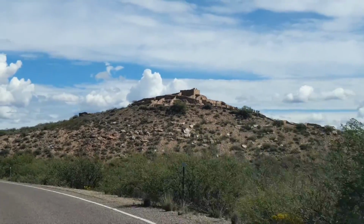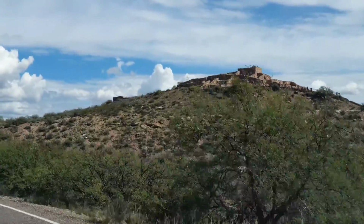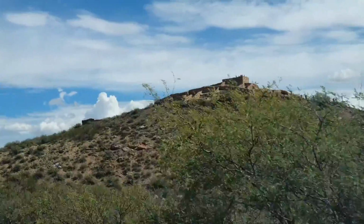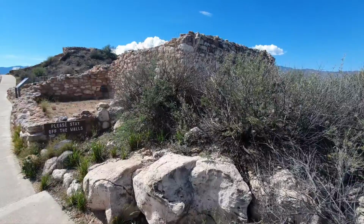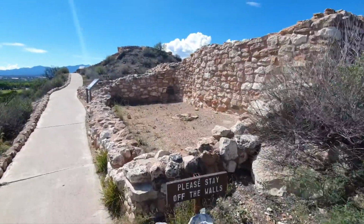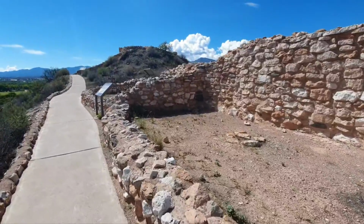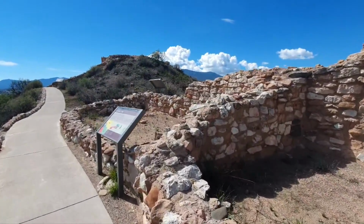This is Tuzigoot National Monument up there. More ruins. Okay, so I'm now at the Tuzigoot National Monument and the ruins of this village,